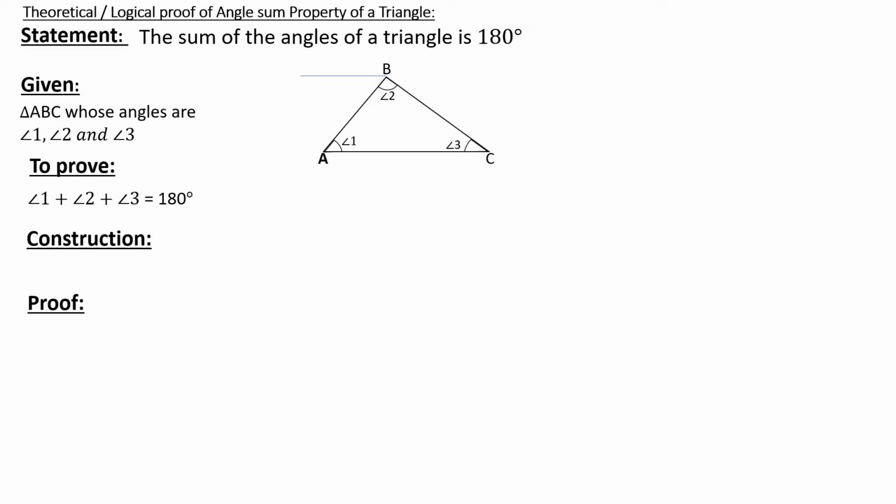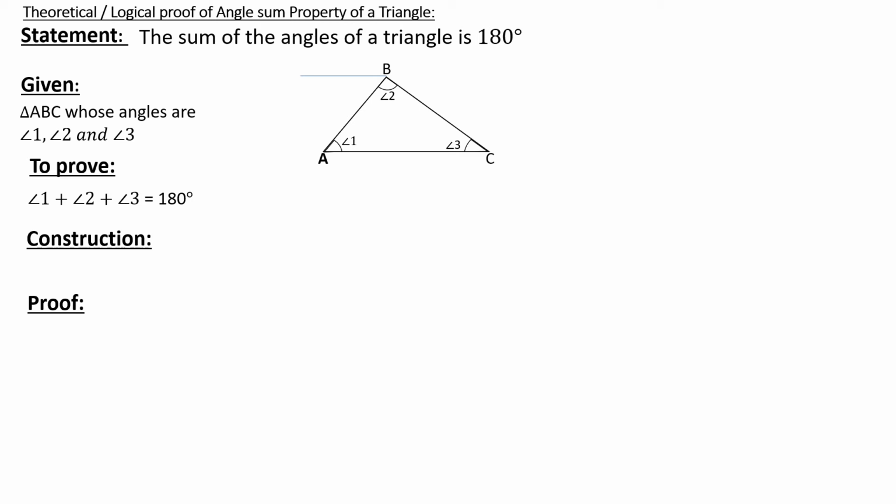Okay. So in proving all these things, we will have to make use of what we have learnt earlier. In the previous chapter we learnt about parallel lines, transversals, and alternate interior angles. There is a theorem that when two parallel lines are intersected by a transversal, the alternate interior angles are equal. Each pair of alternate interior angles is equal. That is known to you. So that concept will be made use of in proving this.